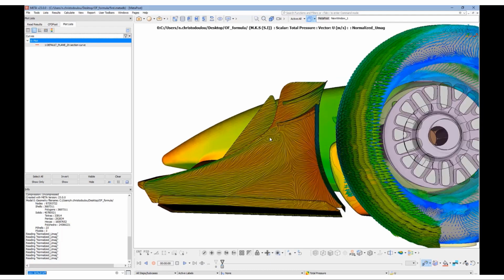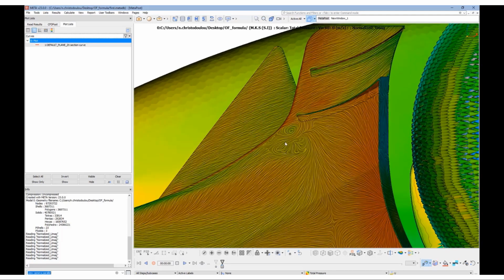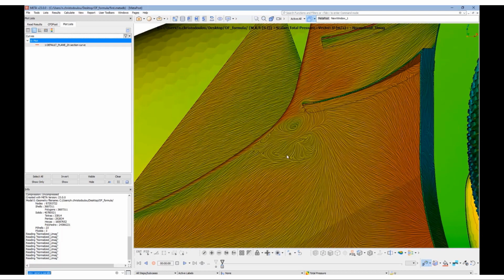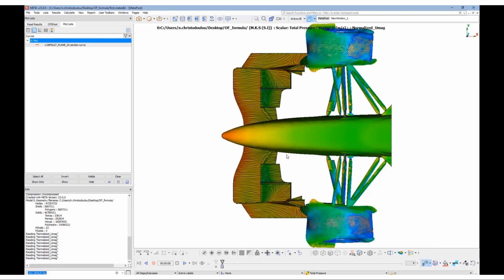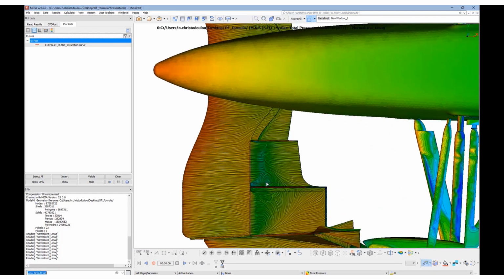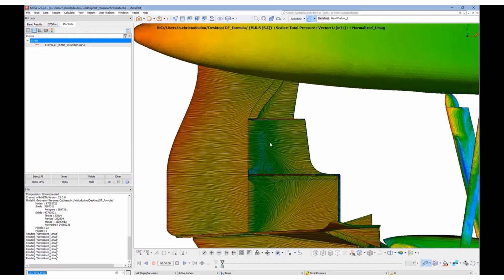So there's another nice view to create images for our report, showing areas of recirculation and separation. By pressing F1, F2, F3, we can change views based on the global axis orientation.